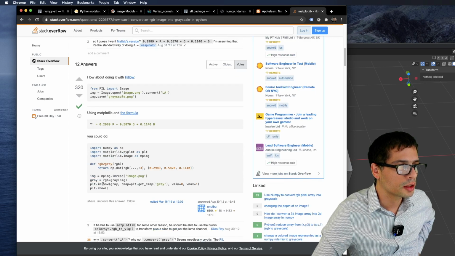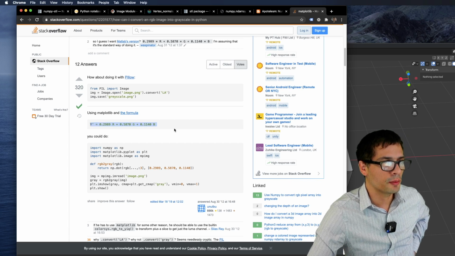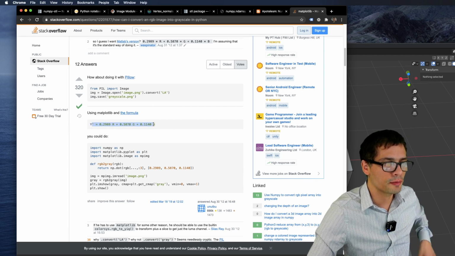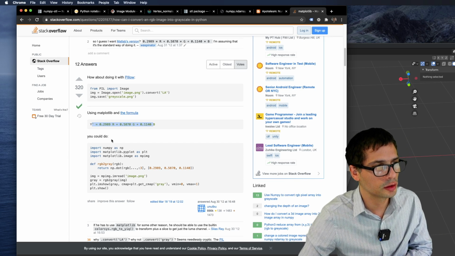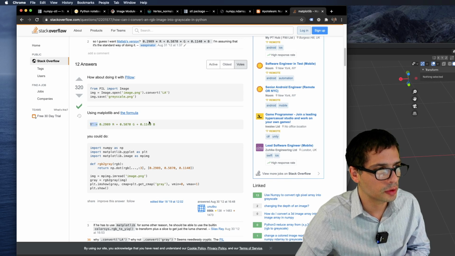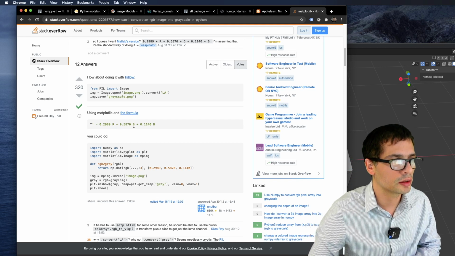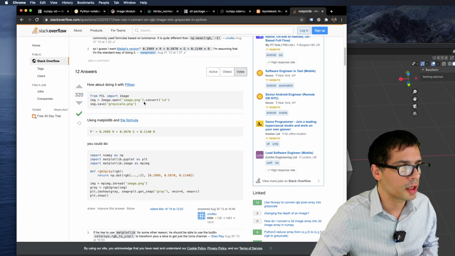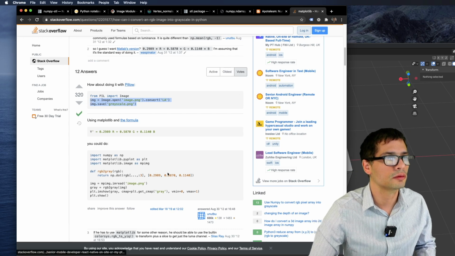It's much more complicated than I wanted it. Okay, this one is complicated, basically where we are. As I mentioned earlier, you can average the values of the different colors, but this one is actually using a formula, so it's taking 29% of the red, 58% of the green, and 11% of the blue, and then gives you the new color, the grayscale intensity. But honestly, I don't care. For now. Maybe later.